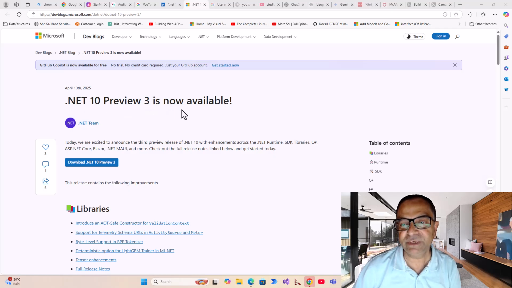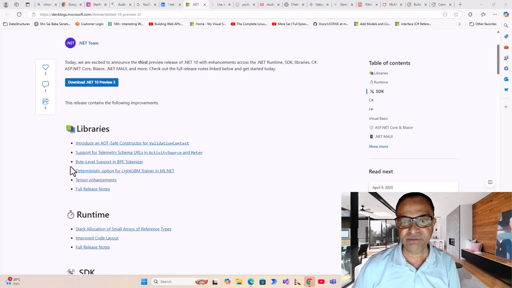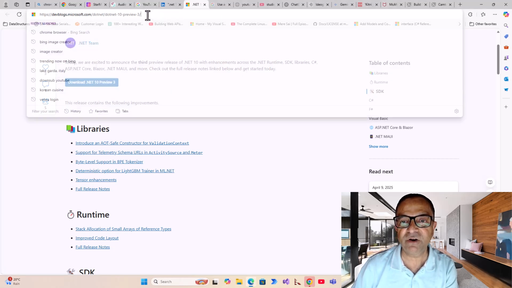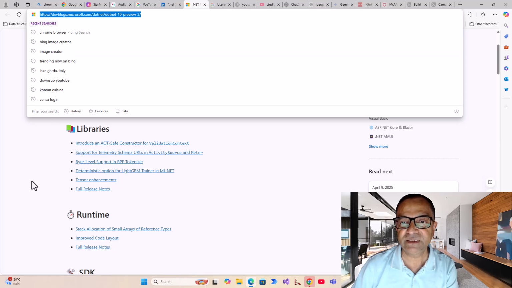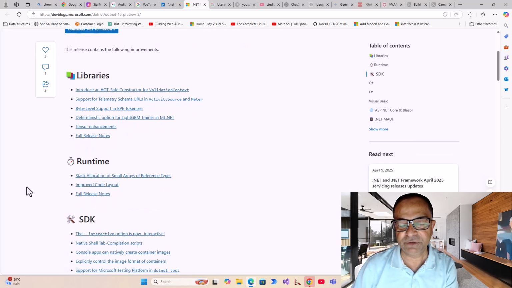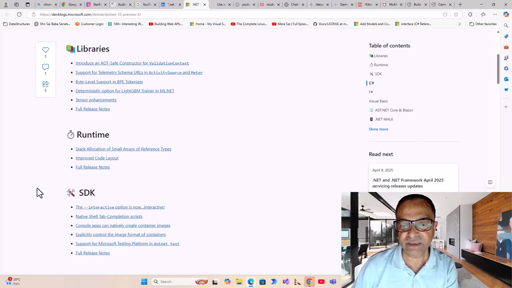.NET 10 Preview 3 is also now available. So you can download .NET 10 Preview 3 here, and it says that there are lots of changes, lots of new introductions in the libraries, like introduce an AOT safe constructor for validation context, support for telemetry schema URLs, byte level support in BPE tokenizer. And I am opening it through devblogs.microsoft.com/.net/.NET 10 Preview 3. Look for .NET 10 Preview 3 on Google, and then there are lots of changes on